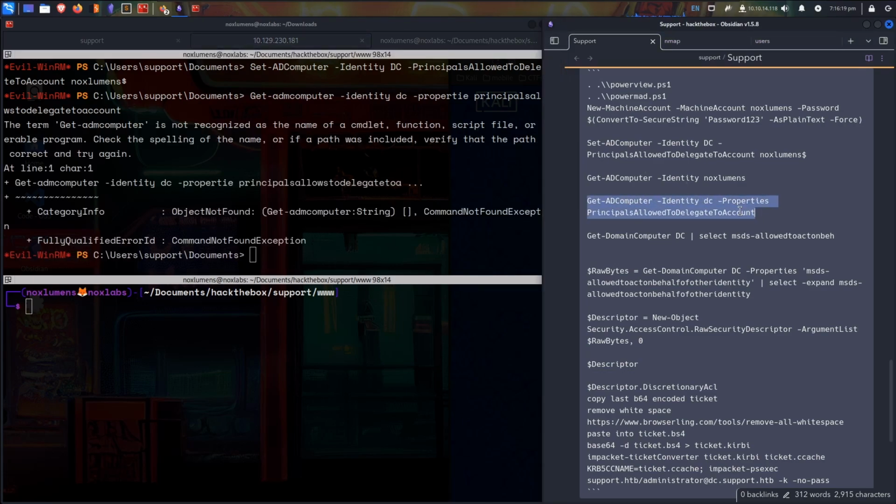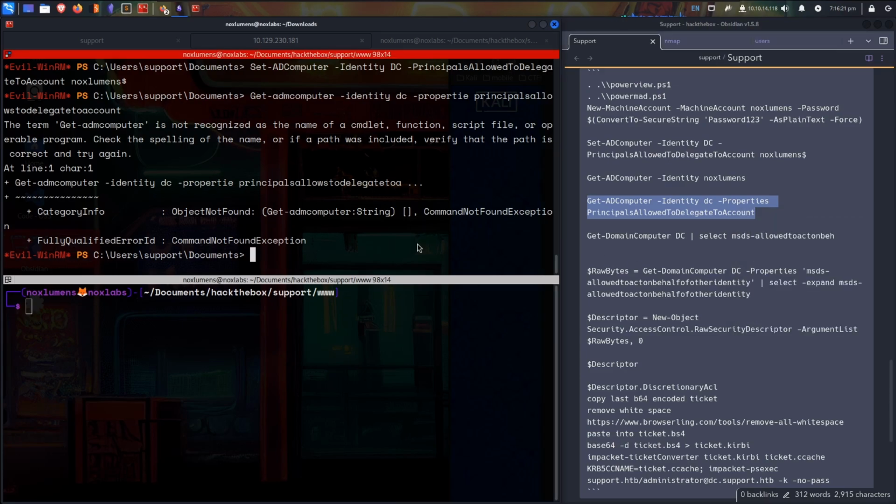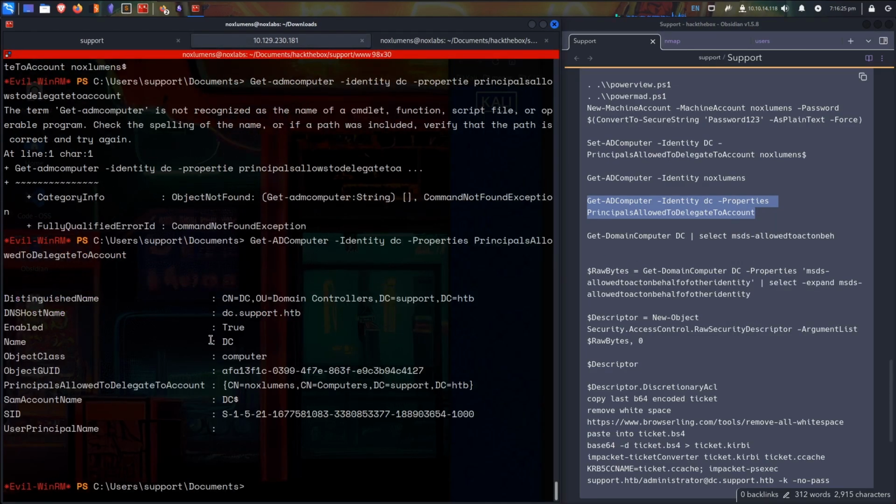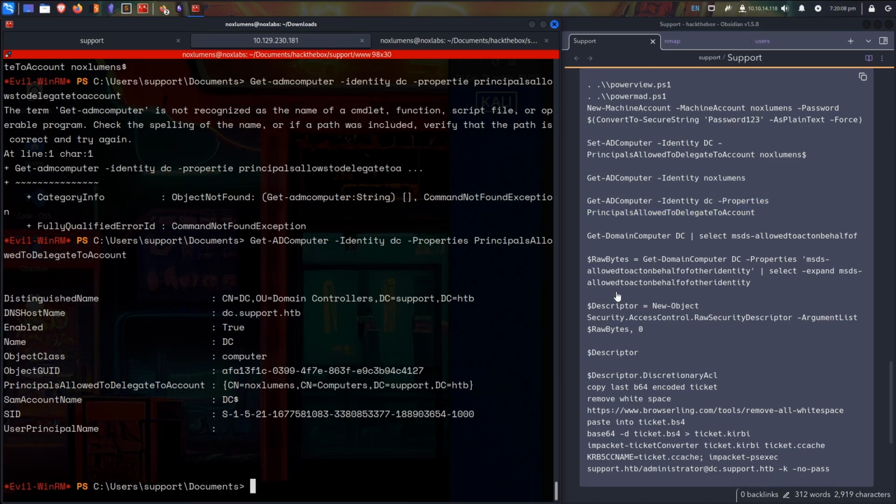Yeah. Cool. And then here we can see the DNS hostname, principals allowed to delegate to account, the NoxLumens computer, DC member. Yeah. Okay. Now we can check the value of the msDS-AllowedToActOnBehalfOfOtherIdentity